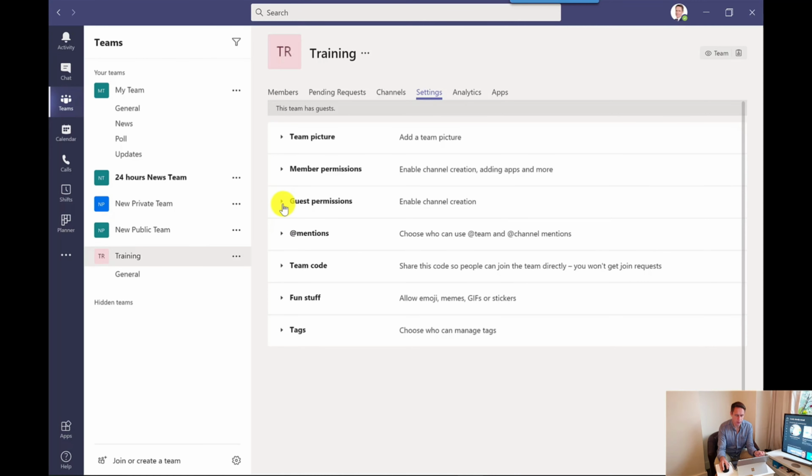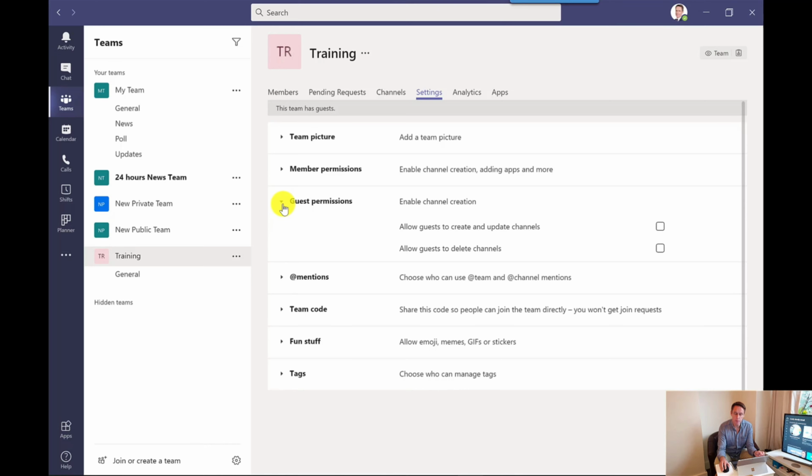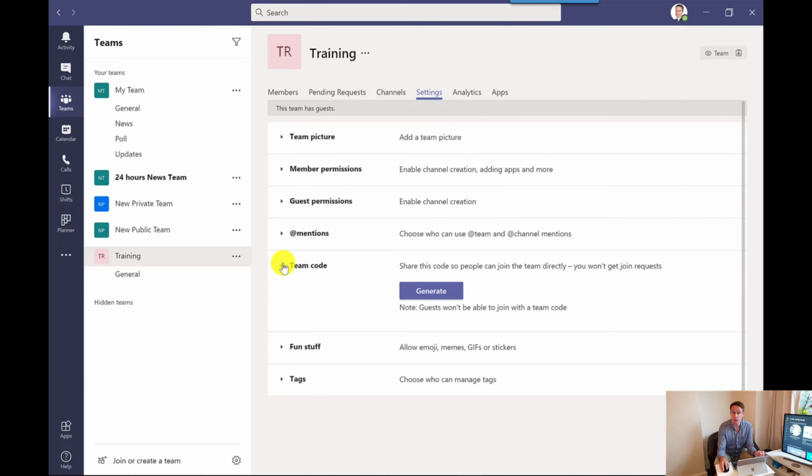Guests have their own permissions. So by default, guests can't create their own channels or delete them, but you can switch this on if you wanted to. Team code is useful if you want to invite a large amount of people to this team. So rather than adding them individually, you can just click generate,